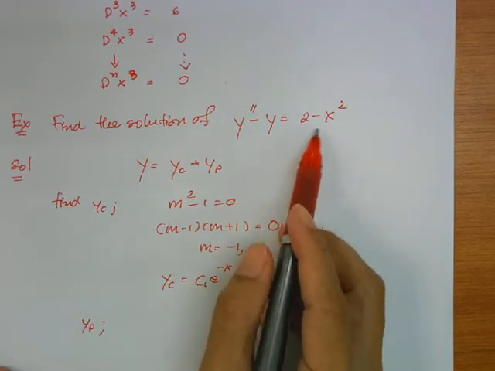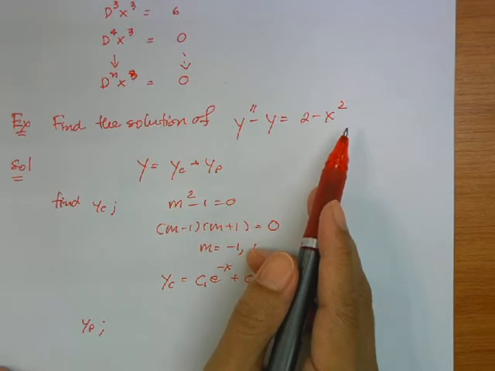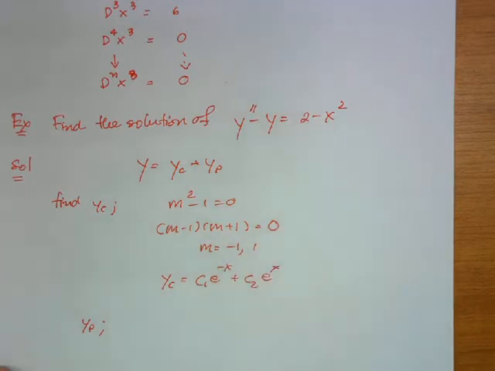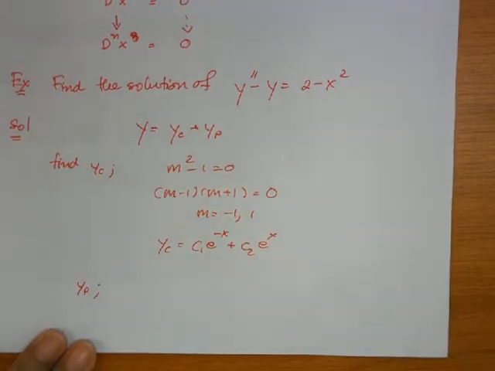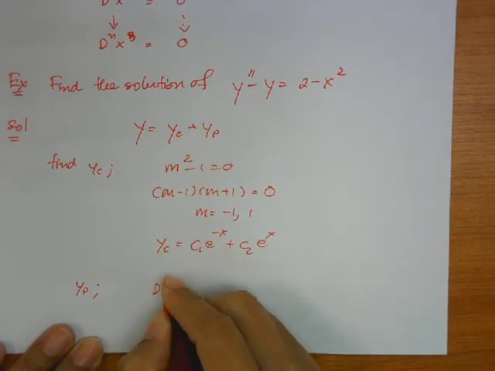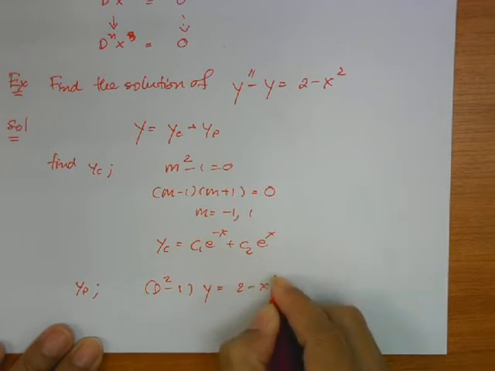But the thing is that when I take a look at that, I know that no matter what technique you use, you still got to do the by-parts integration technique because I have x squared there. So instead of using this, because I'm not good at doing the integration, I said that, okay, I'm going to use the shortcut method. In order to use the shortcut method, you got to write down your y in the form of y is equal to 1 over PD times your fx. Okay. So now we write down the differential equation in terms of the operator D. So you would get